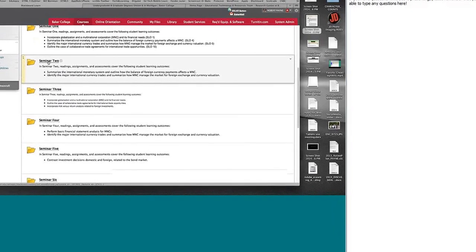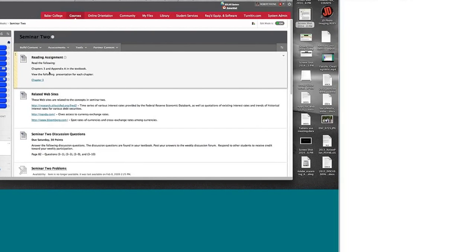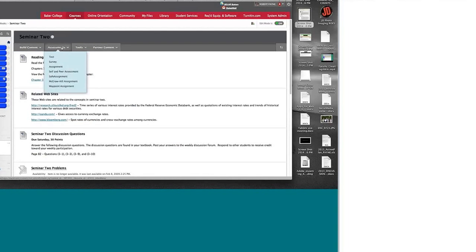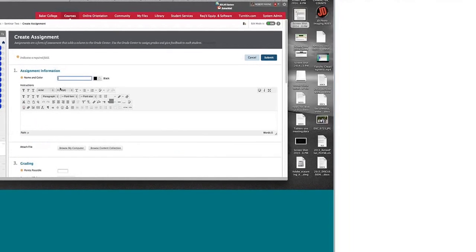So let's say I'm going to go into Seminar 2, or Week 2 in your case, to create this assignment link. So anytime I want to add some things, most of the time it's content. That's this particular area here. You see these items and files and folders and whatever. However, this particular item that we're talking about, the assignment link, is actually listed under the assessments dropdown. So if you see this third item down here, this is the assignment link button. If I click on the assignment link button,